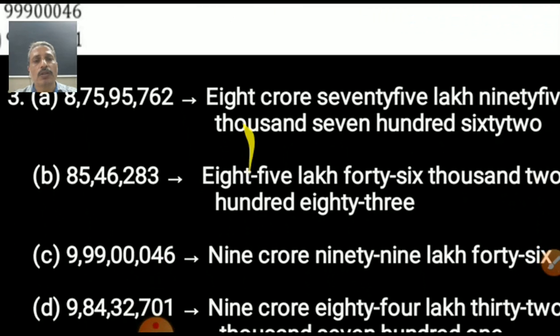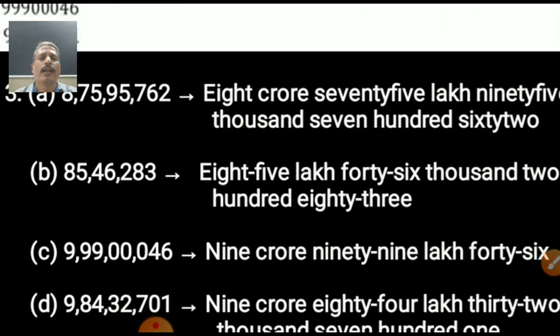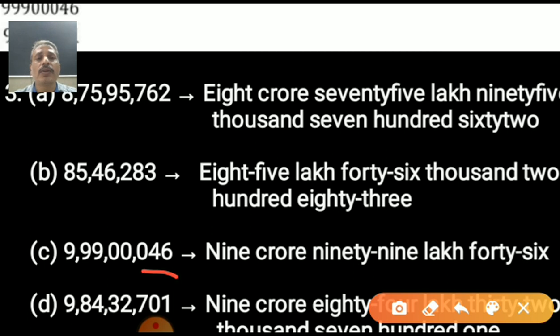Good. Now move for the third one. 999000046. What we have to start? Left side or right side? Yes, you all are knowing from the right side. 3 number together. Then after every 2 numbers, the last one is 1. Remain is the last one. No, don't put any other numbers. According to question, we have to give the answer.